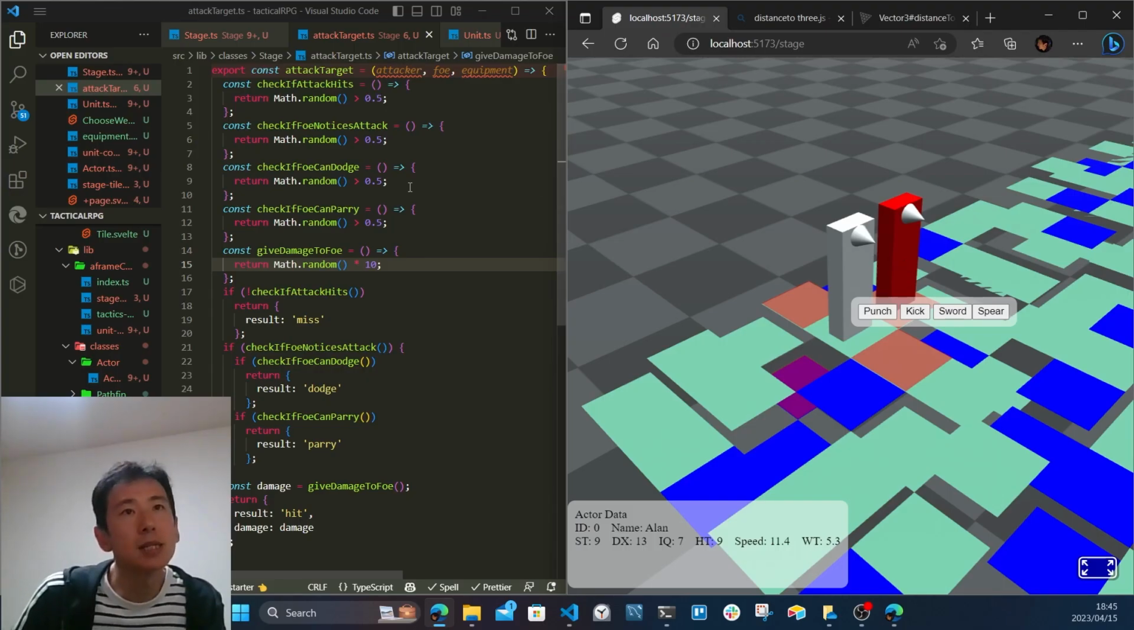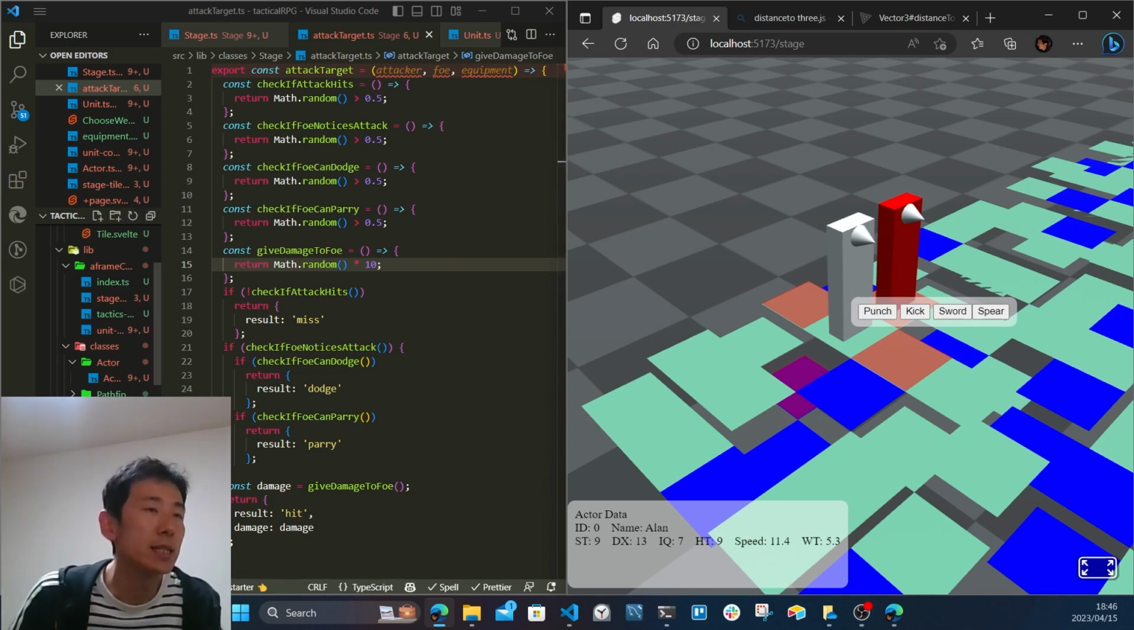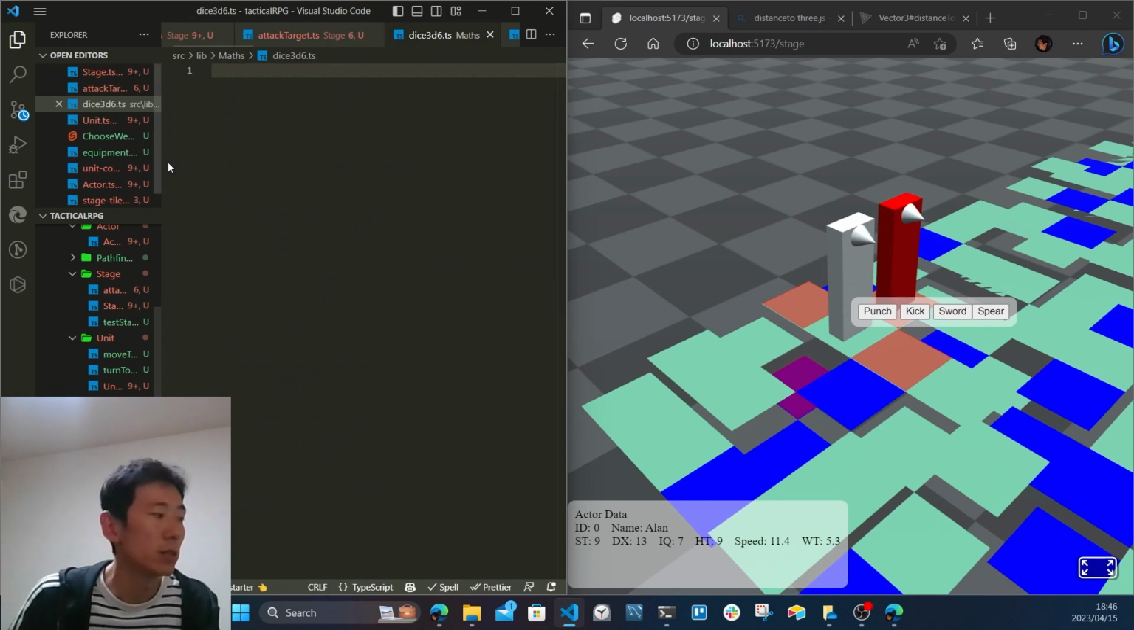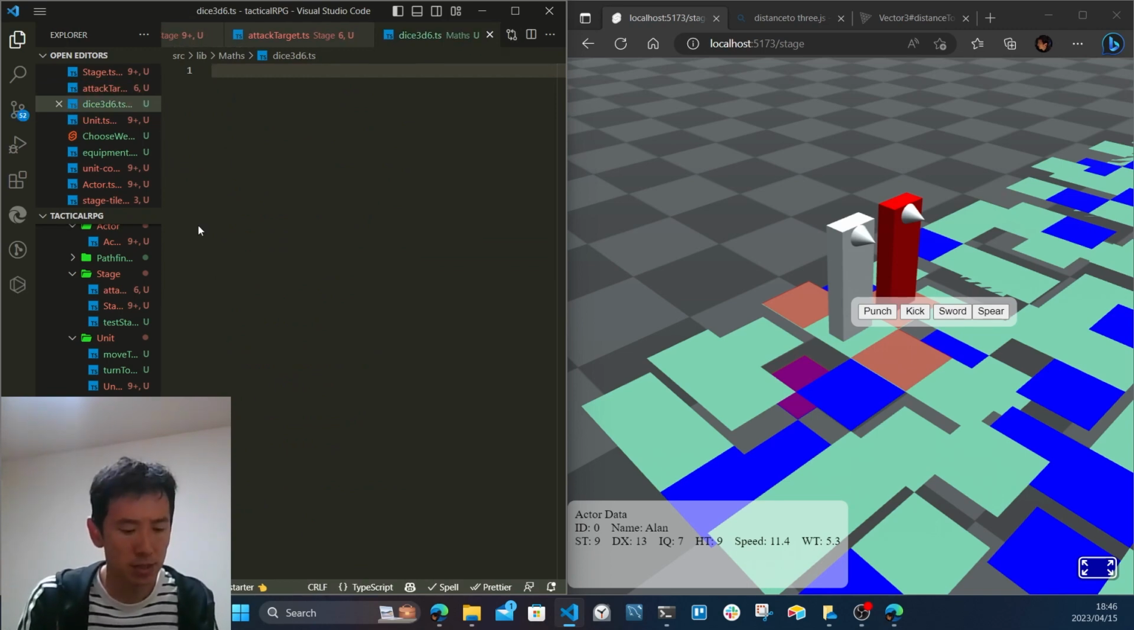Let's set up the check if attack hits function. I'm going to reference the GURPS method. What I need is actually a math dice, 3d6.ts. So basically dice 3d6 is a 3d6 check. So when GURPS checks everything,